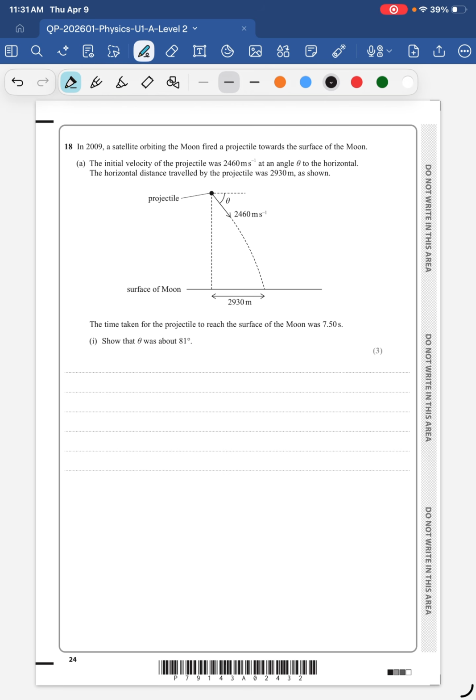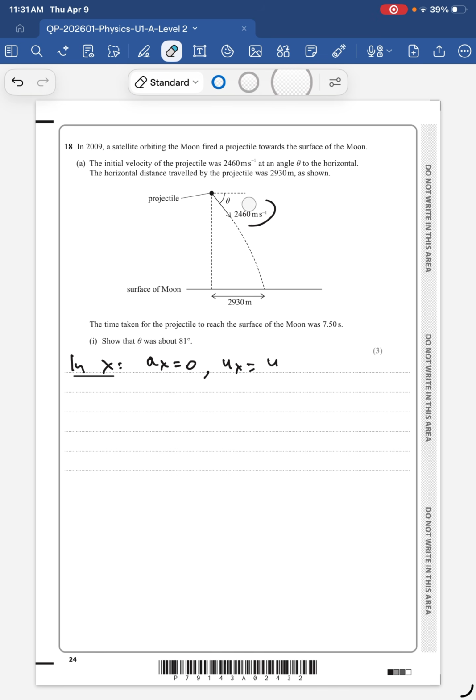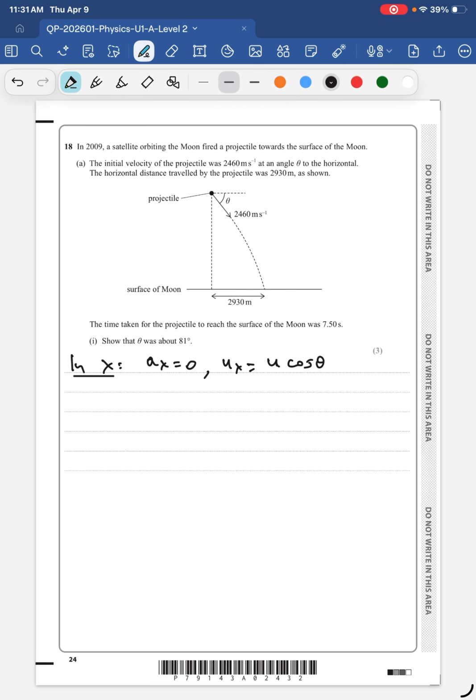Okay, so this is a bit complicated. Let me see. So I'm gonna break the motion into two parts: the x direction and the y direction. Okay, so in the x direction, we have the acceleration in the x direction is 0. The initial velocity in the x direction is u, which is given as 2460 meters per second. So it's going to be u cosine theta, okay, because you have to analyze the velocity into u cosine theta